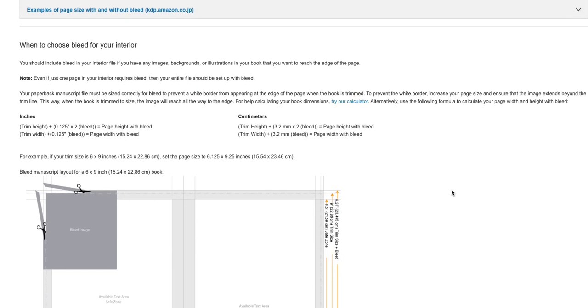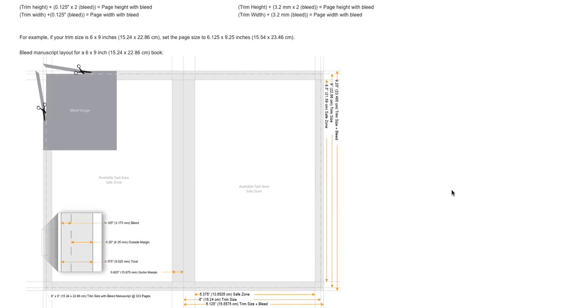When you're setting it up, what you need to do is add it in all around the perimeter of your document. We don't need to worry about bleed along the interior here. That is taken care of by how big we make the margin in the middle, called our gutter margin. So we need to have bleed along the top edge, the bottom edge, and the left and right side of